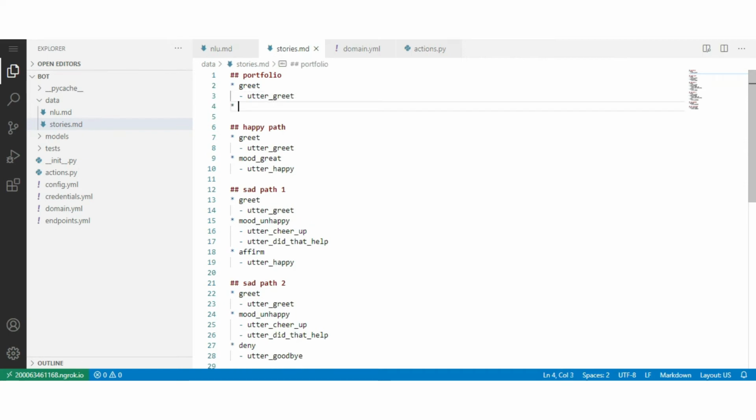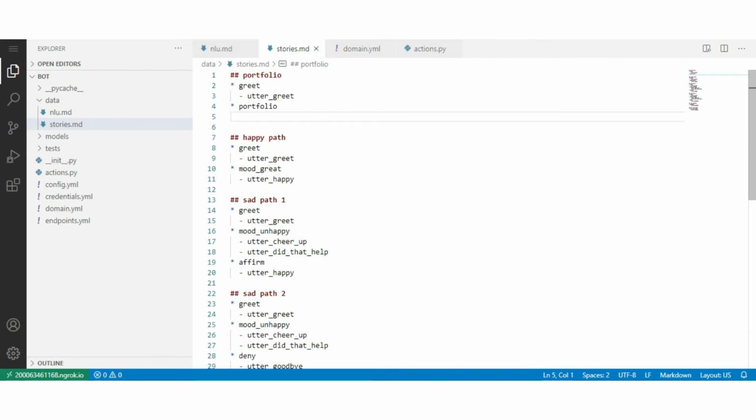In response to that, the bot responds with the portfolio details of our trading account. But for that, Rasa needs to call the custom action. So we have to mention the custom action name, that is action portfolio.